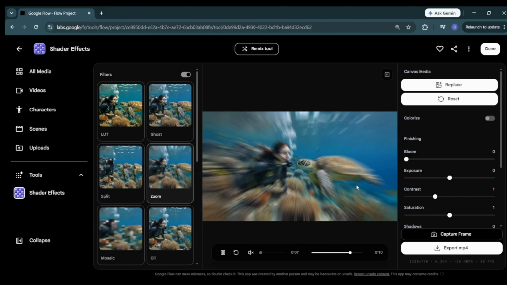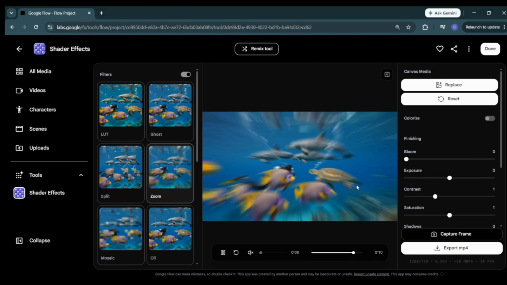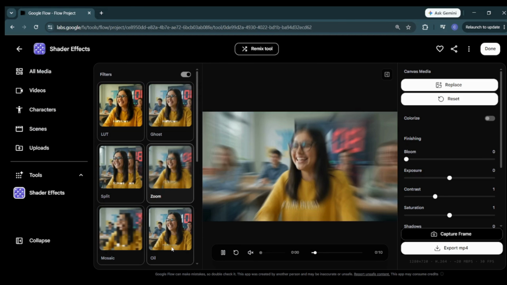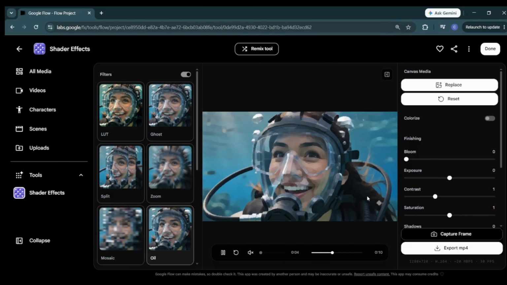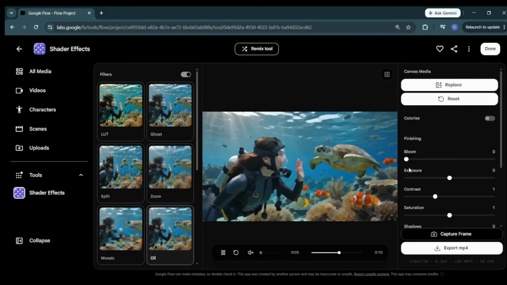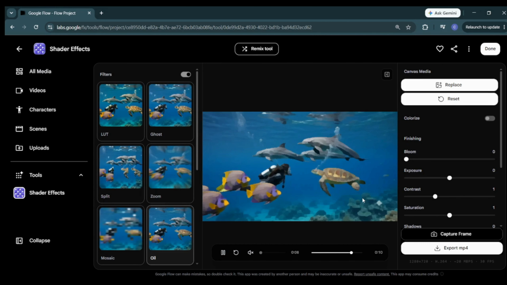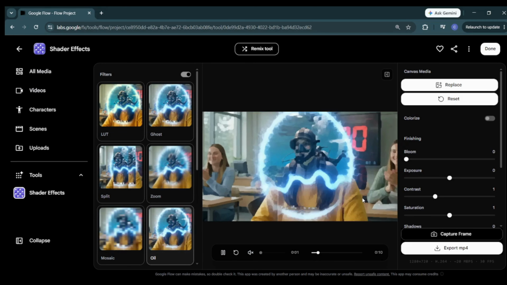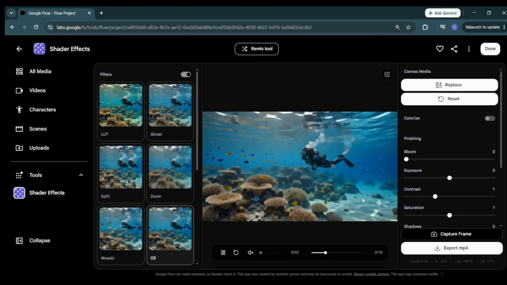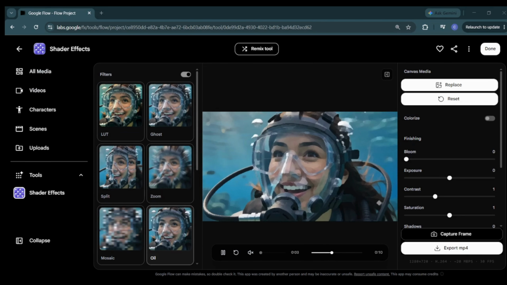unique artistic transformations. In addition to these, you can experiment with effects like zoom, which adds dynamic camera-style movement, and oil, which transforms the video into a painting-like visual. Simply select any variant, and Google Flow applies the effect consistently across the entire clip. It's a quick and creative way to test different visual styles and completely change the mood and presentation of your